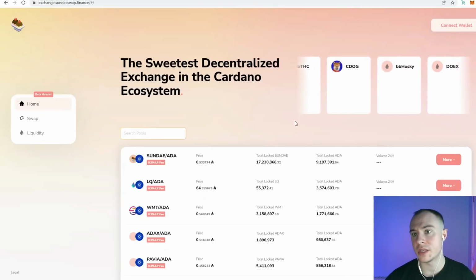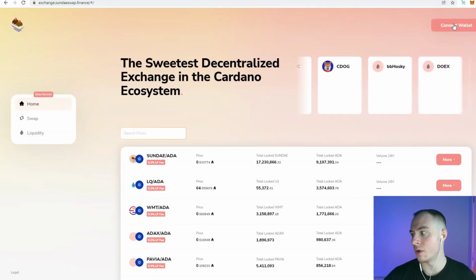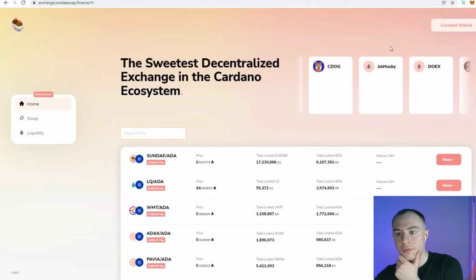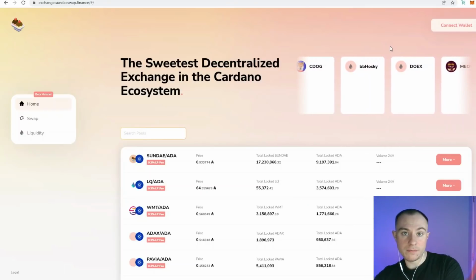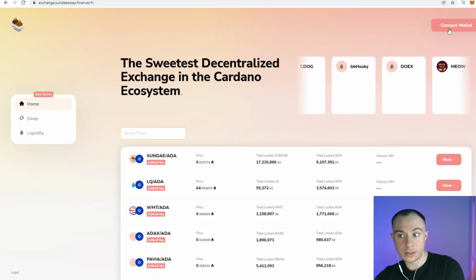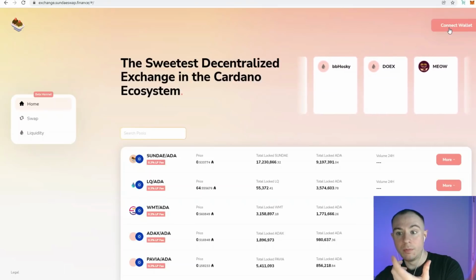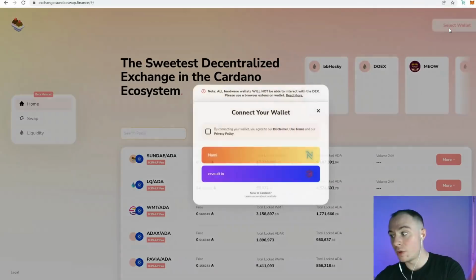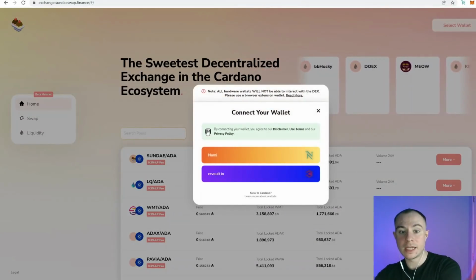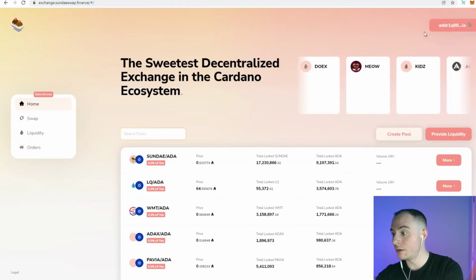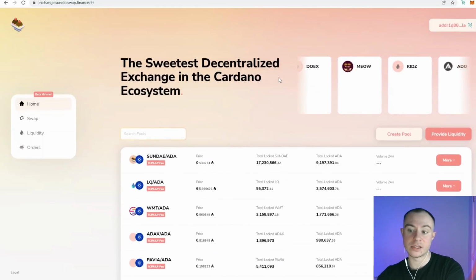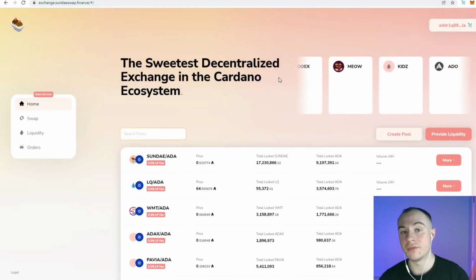The very first thing you guys want to do is come over to here to connect your wallet. Now, I'm assuming that most of you have already created a ccvault.io wallet or a NAMI wallet, which are the two wallets that SundaeSwap cater to. So you click connect wallet, you will then click accept, and then you will go on to NAMI wallet. Press will appear up here. You can then gain access and start to interact with the